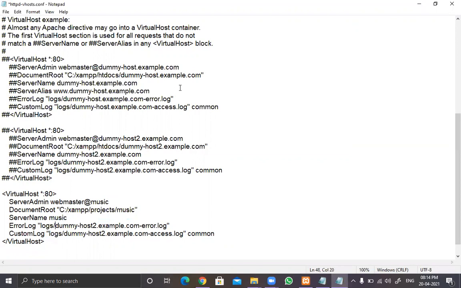Error logs is in logs slash music dash error log. Custom log is in music dash access dot log common, and the closing directive for the virtual host. Now this is complete. I'm going to save this file by pressing Ctrl S, and similar entries are required for